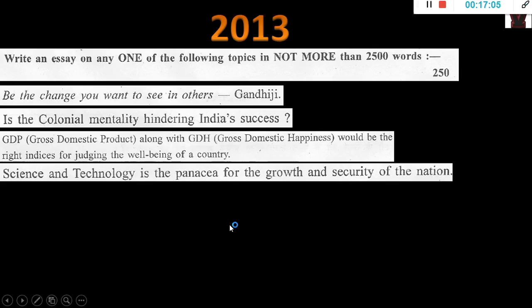If it's an education quote, you should have at least 100 quotes ready with you, learned by heart, for every topic. Like for tourism, one quote; for education, one quote; for sustainable development goals, one quote; for climate change, one quote. Any popular topic which usually comes, especially education, medical health, economy, growth, these are the things which are repeatedly asked in essays.